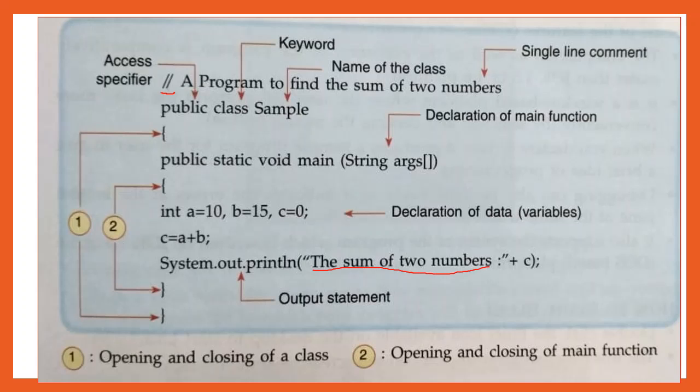You include in the double quotes the sum of two numbers, and the same thing will appear on the output screen. If you still want to display the value of a variable, then you have to include the concatenation operator plus followed by the name of the variable. Here you should not include the double quotes. You have to simply write the name of the variable. Then the output will be the sum of